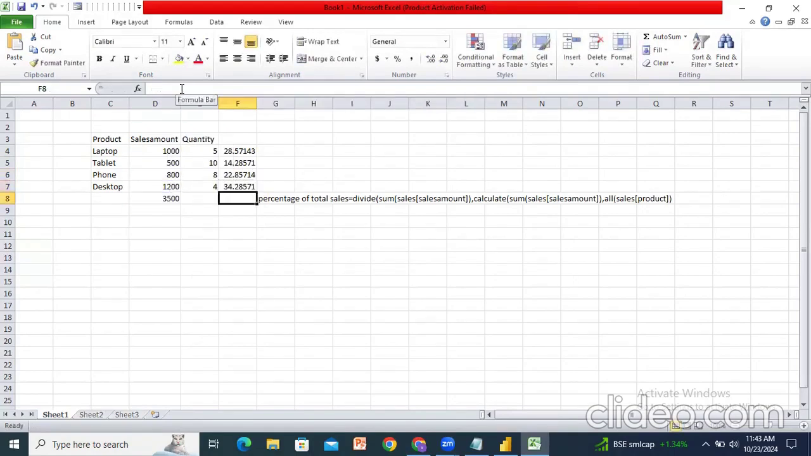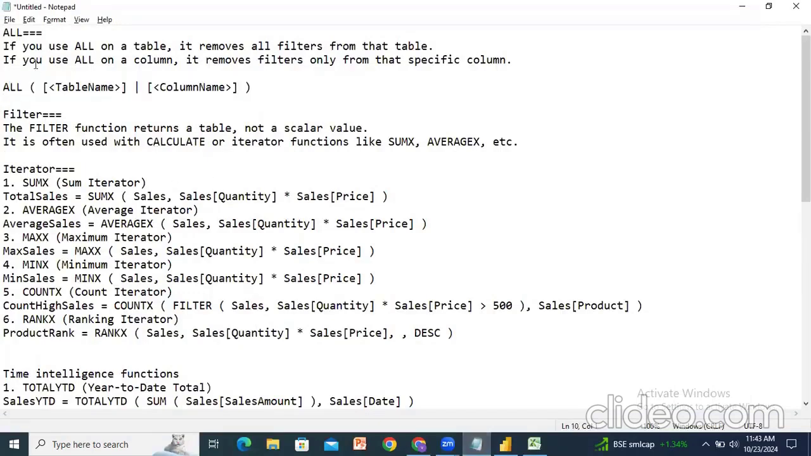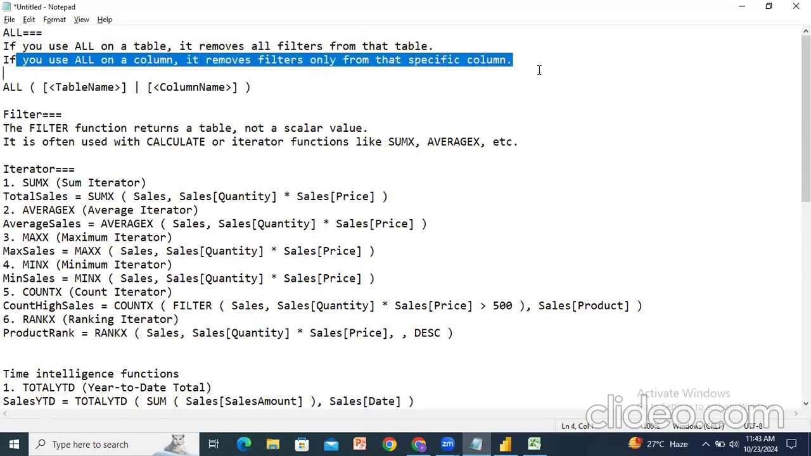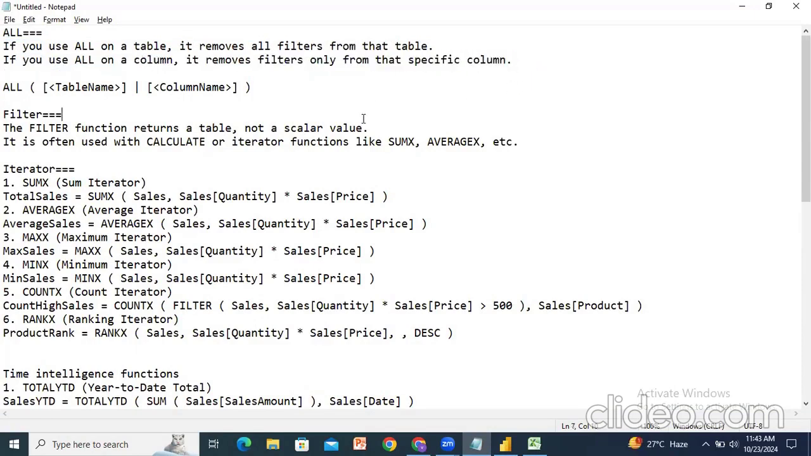So this is the calculation using ALL. Basically, if you use ALL on a table, it removes all filters from the table. If you use ALL on a column, it removes filters only from the specific column. Okay, so we'll look into one example in